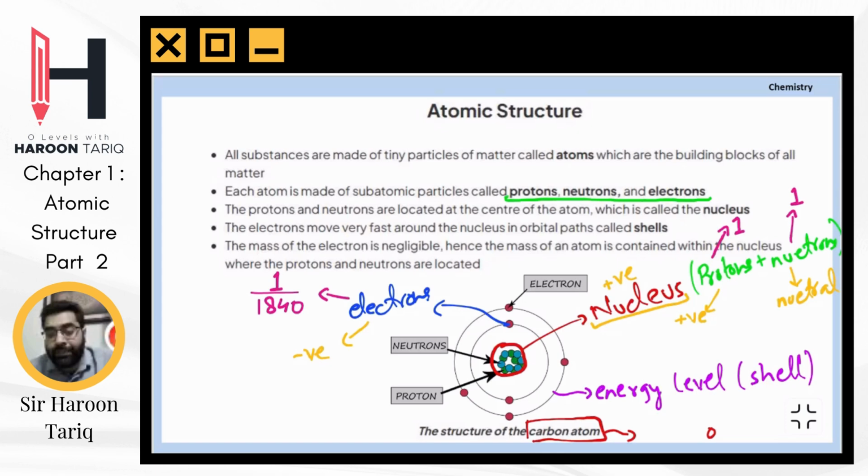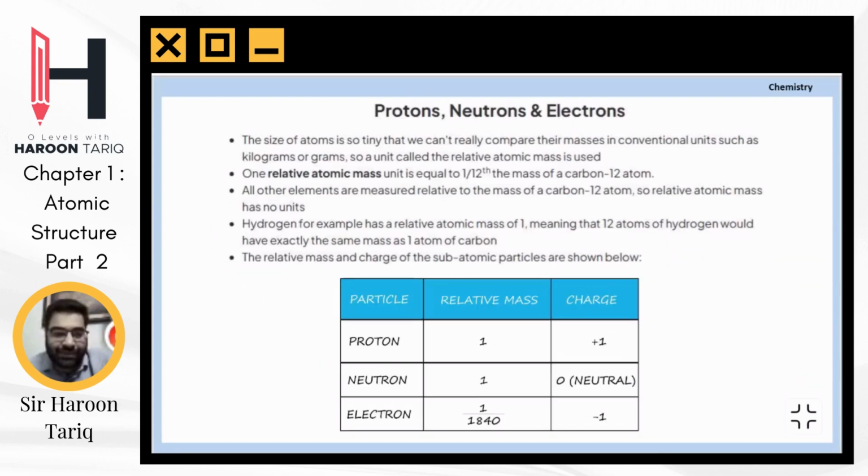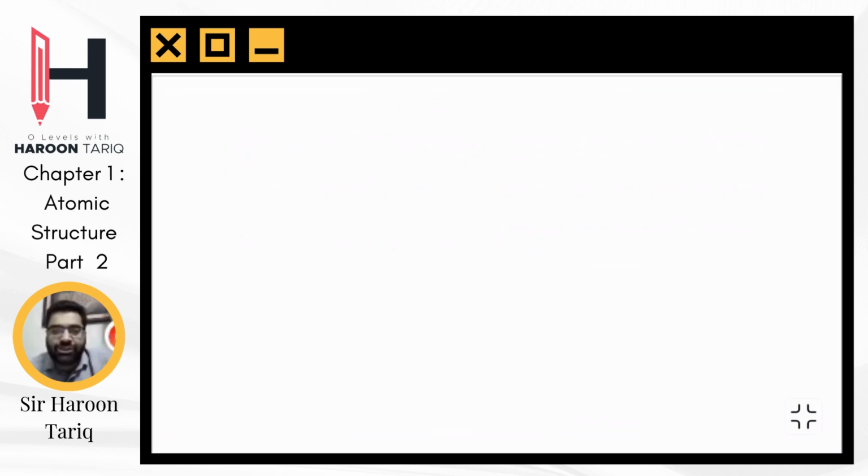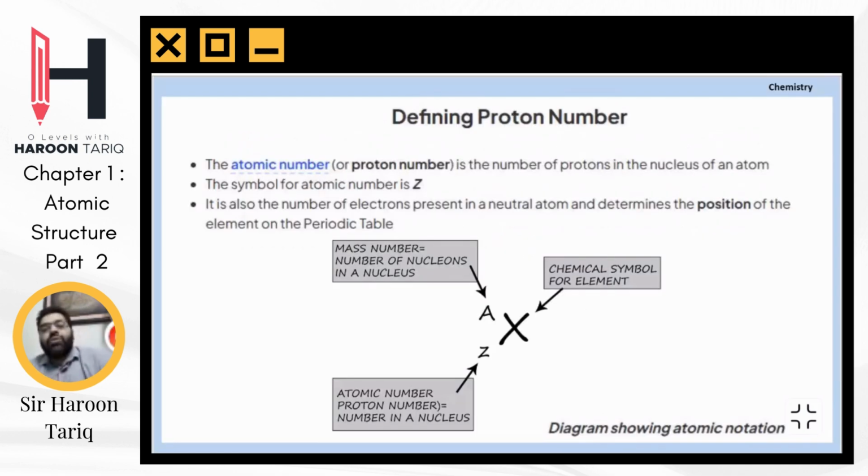But the atom is neutral, while just the nucleus is positively charged, because the nucleus only has protons and neutrons. It doesn't have any electrons, because in the nucleus there are no electrons. Electrons are outside the nucleus, aren't they? They are in the shells. They are not in the nucleus. I hope this has made sense. Any other questions? Okay, now